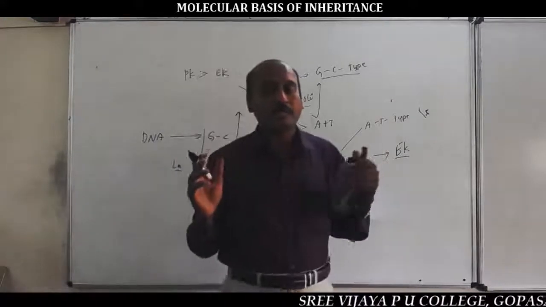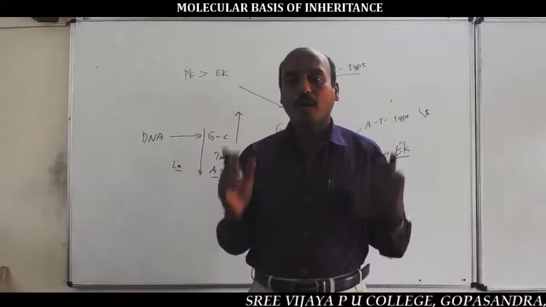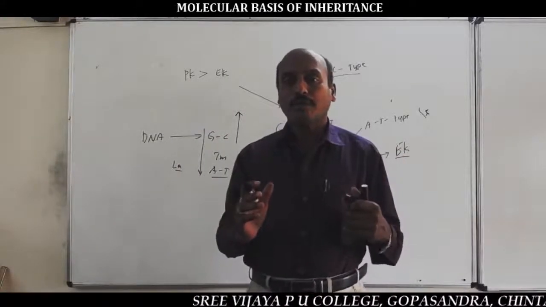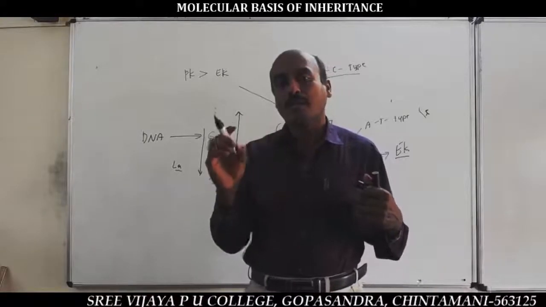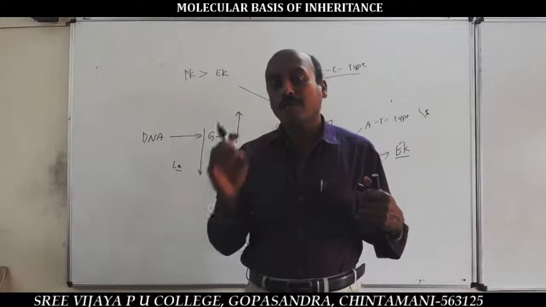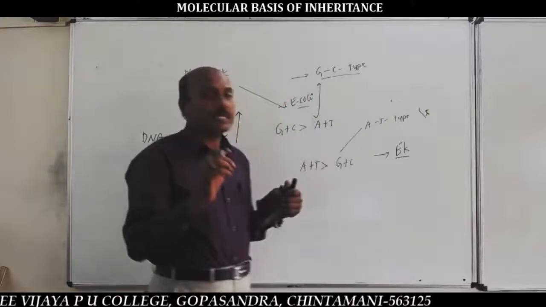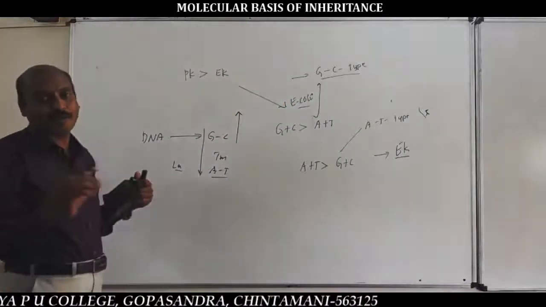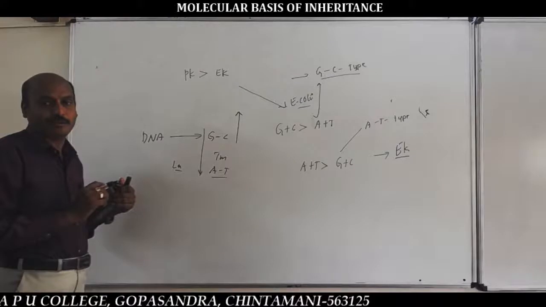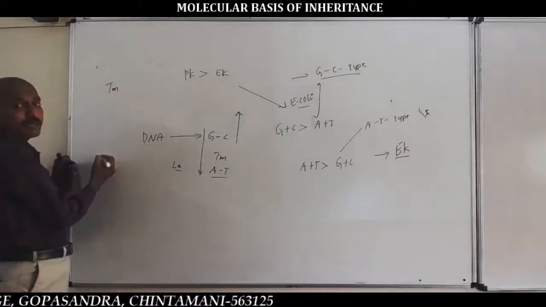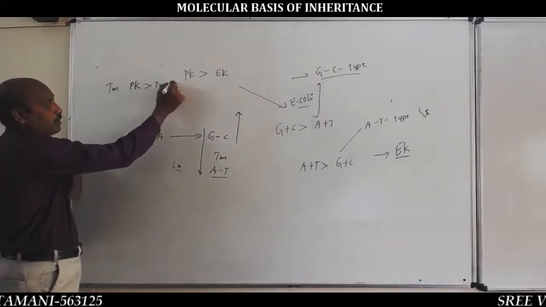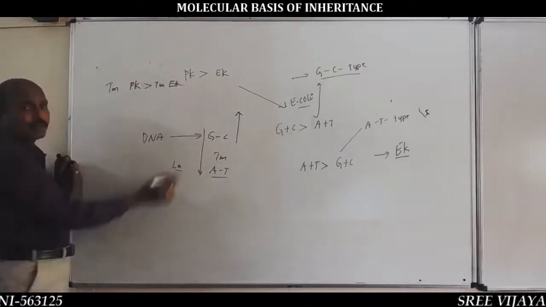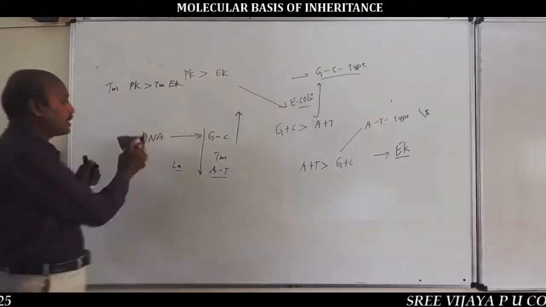For their separation, nothing but breaking of hydrogen bonds in between two polynucleotide chains. That is Tm of DNA. Tm of DNA means temperature of melting DNA. So Tm, the melting temperature of DNA of prokaryotes, and that of Tm value of eukaryotic DNA. That was the last